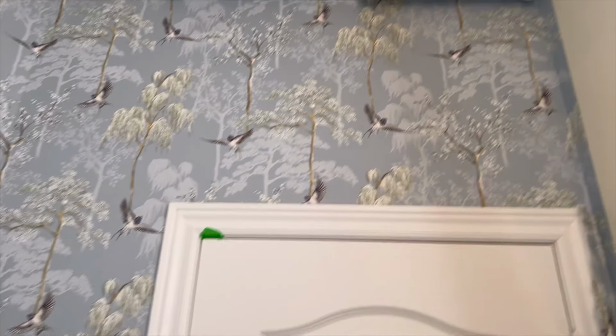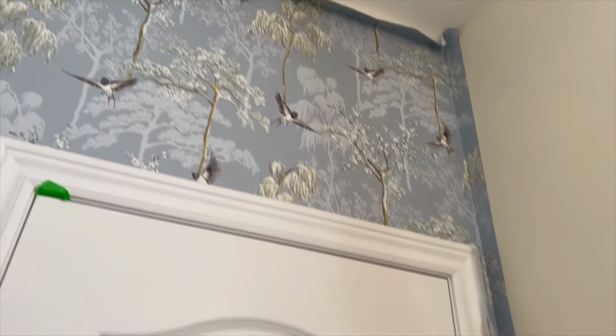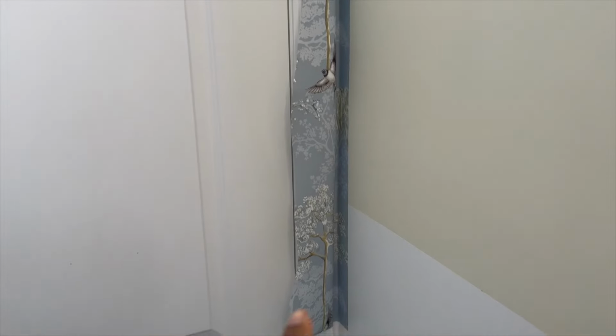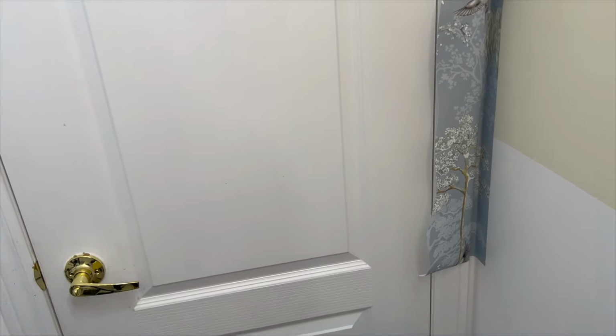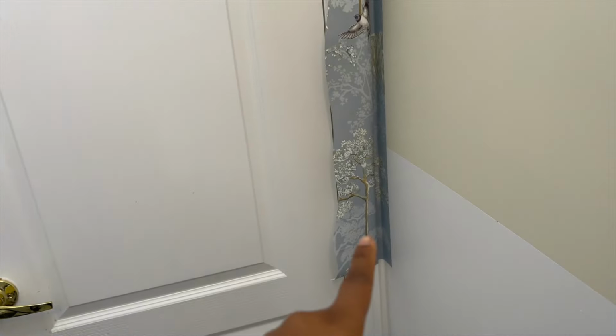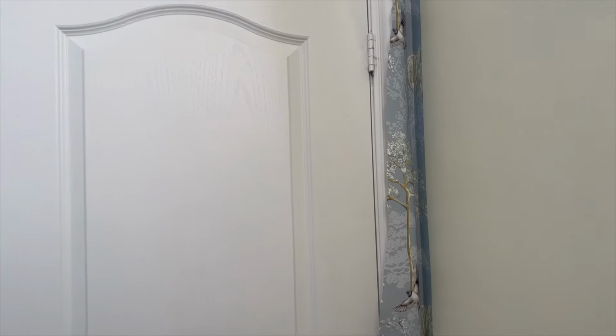Okay, so I still have to trim the pieces up top and trim the door. I'm just securing it now. Hopefully the bathroom's not too echoey. I also have the window open because it's getting hot in here. But I have to trim the door piece. But I would say I'm about